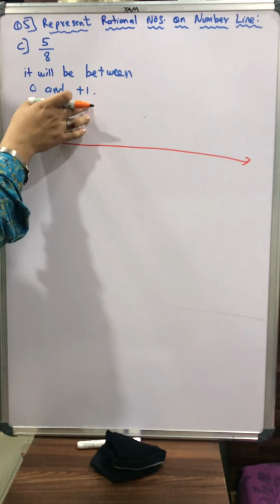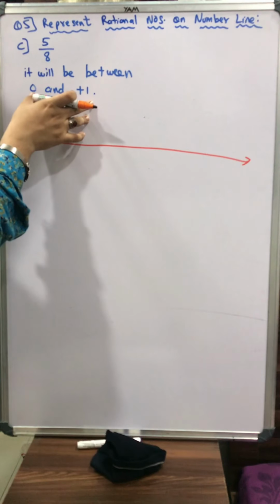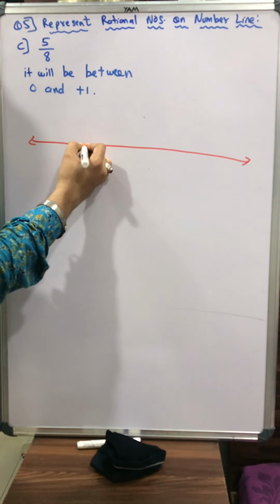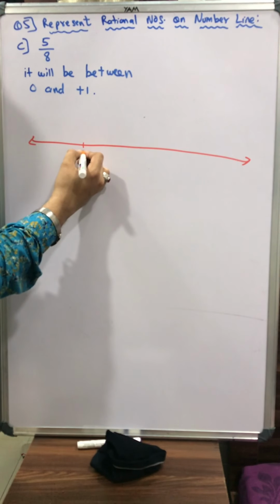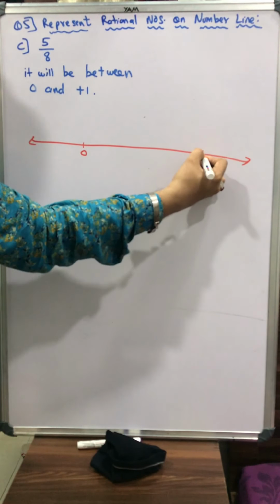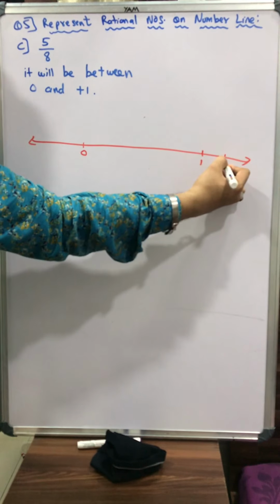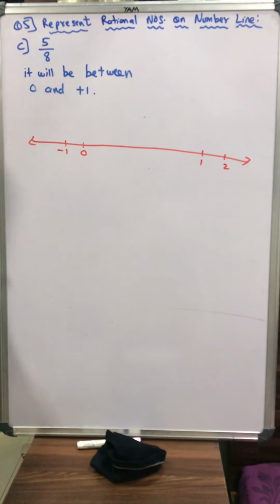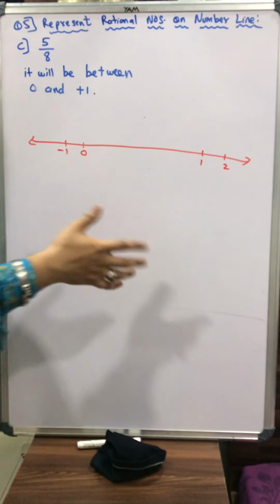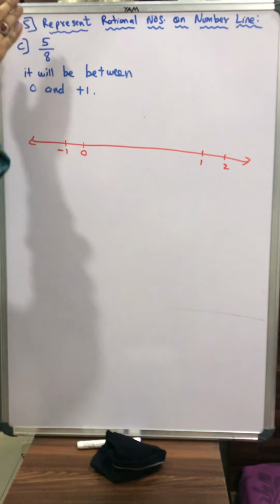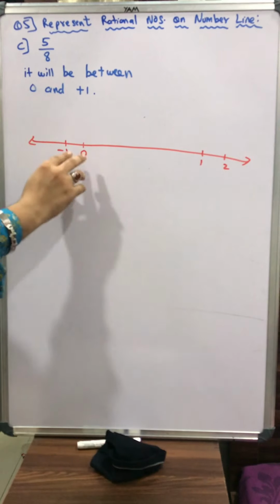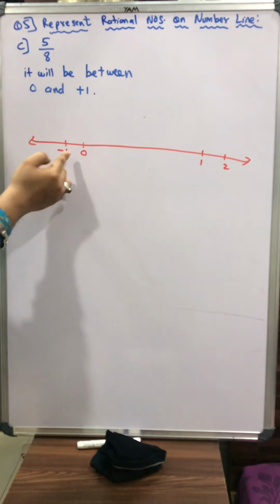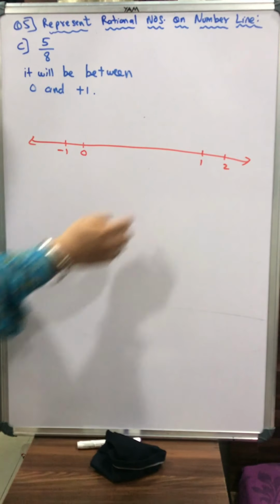And our concerned question will be between 0 and 1. So give more space between 0 and 1. So if I say this point is my 0, I say this point will be my 1, and this point will be my 2, and this point will be my minus 1. See, my concern criteria was between 0 and 1 because always the proper fraction in which the numerator is less and the denominator is more lies between 0 and 1 of the positive fraction. But still we have to mark 1 extra, minus 1 here and the 2 here.